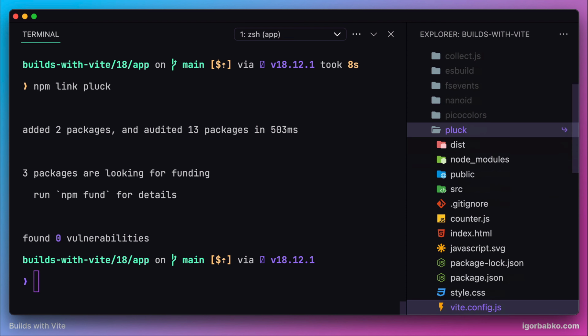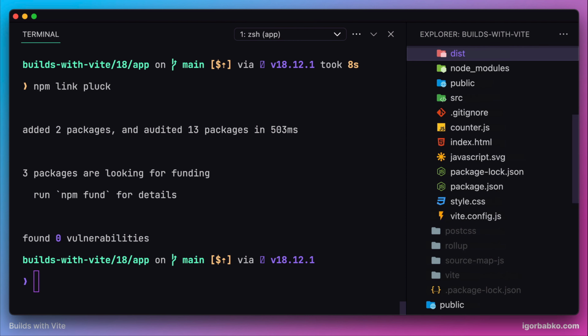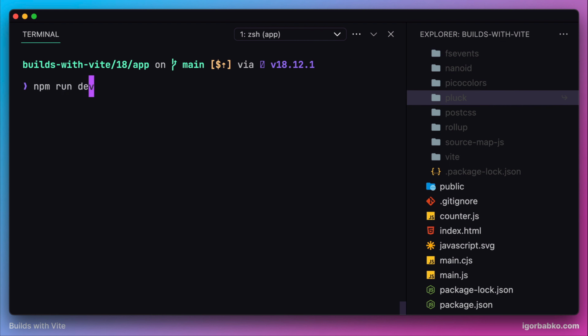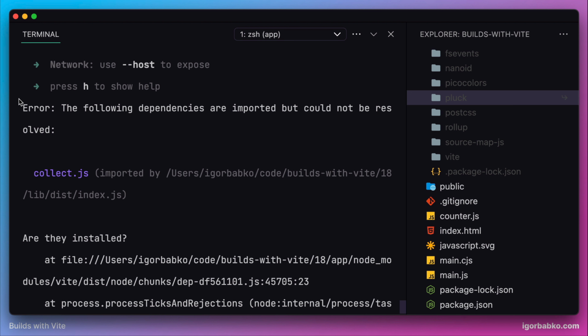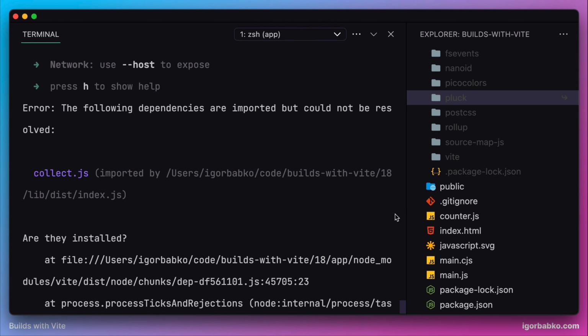So now that we have added back the link plug which points to our package inside node modules folder, we can try to start the development server once again. And again, the previous error is back, that it cannot resolve dependency collect.js. So we're going to solve this problem in the next lesson when we will publish our package to the npm